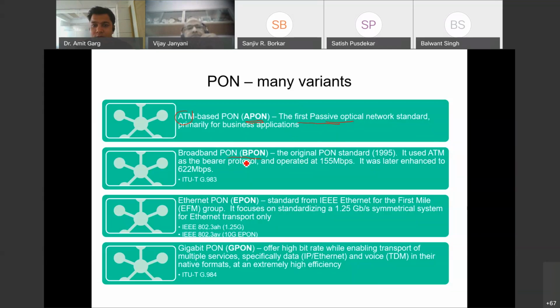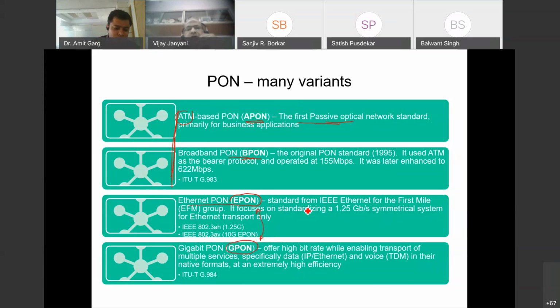Okay, so APON and BPON were very initial standards, and today they are not used. They have become obsolete. Then another important development was Ethernet PON, EPON. That and GPON, they both are quite important standards. They are similar in nature, but the major difference is that